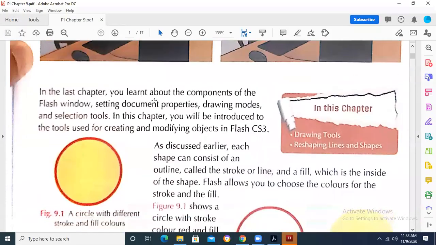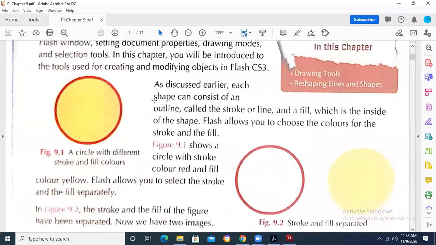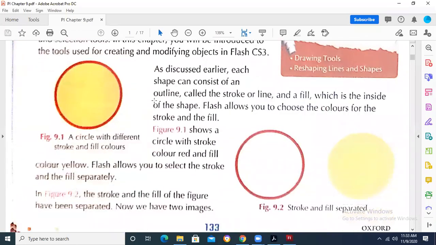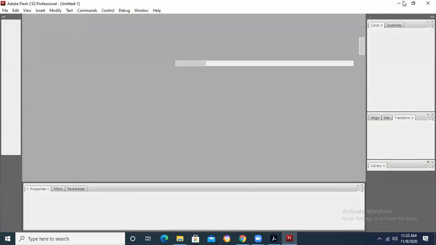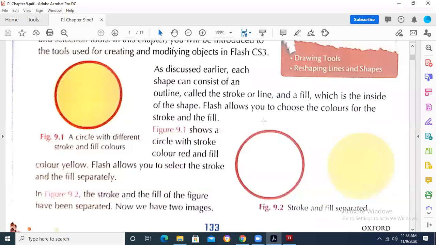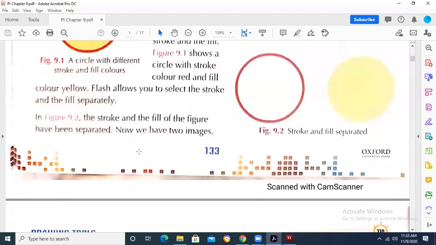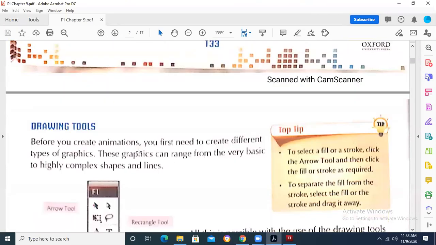Now, what are the different tools that we have already gone through? We have gone through the circle or ellipse tool. Using this tool, we can draw a circle or ellipse shape without outline or with outline. Outline is called stroke. We can manage the thickness of the outline according to our own will. Or even if you don't want the outline, we can remove it before drawing the object.